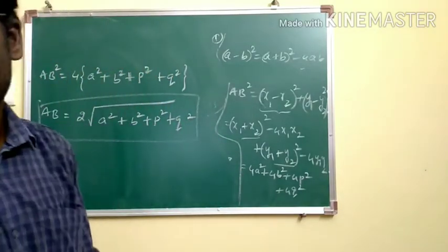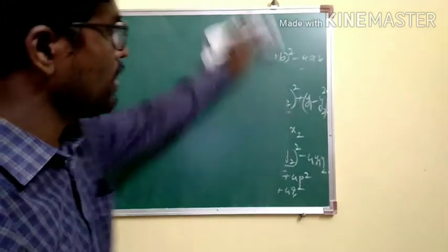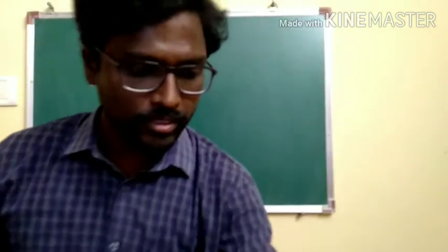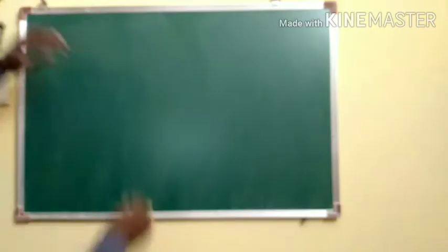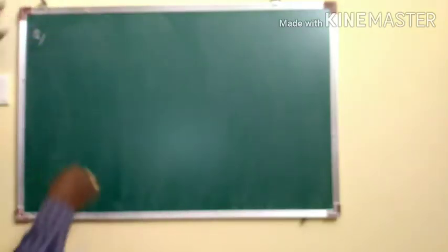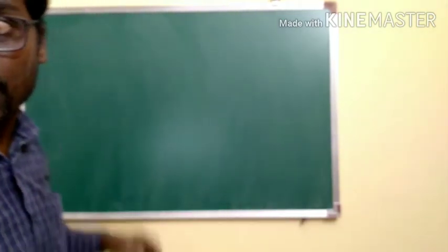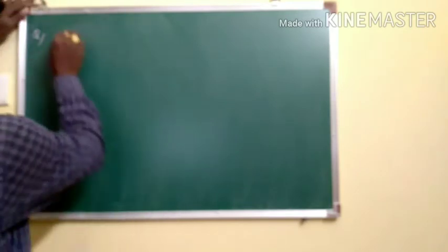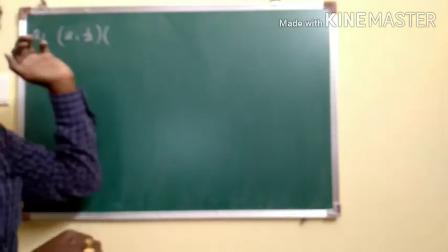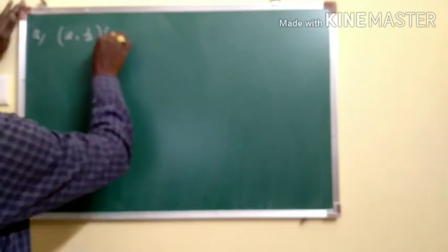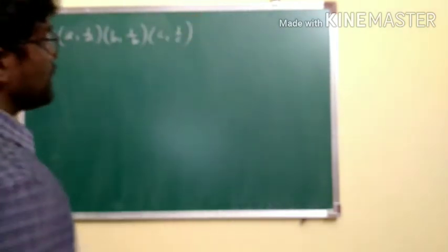Here we have an application on the area of a triangle, completely involved in algebraic expressions. Let us see. Area of the triangle formed by the vertices. It can be used as the standard formula also in the further days. The area of the triangle formed by the vertices a comma 1 by a, b comma 1 by b, c comma 1 by c.